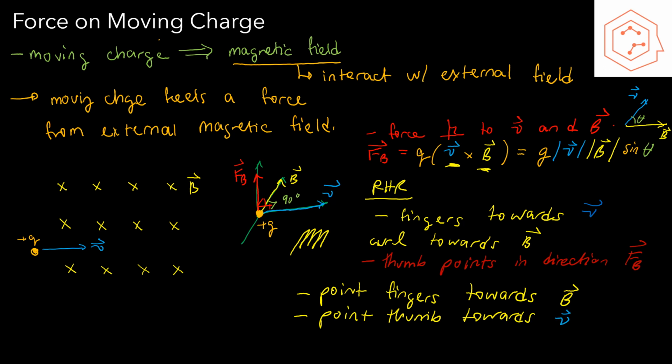And in this case, both of these apply for positive charges. So we point our thumb in the direction of the velocity. Then our palm is going to push towards the direction of the force. So if you point your fingers towards the magnetic field and your thumb towards the velocity, your palm should be pointing upwards. And so that's going to be the direction of the force. So palm pushes